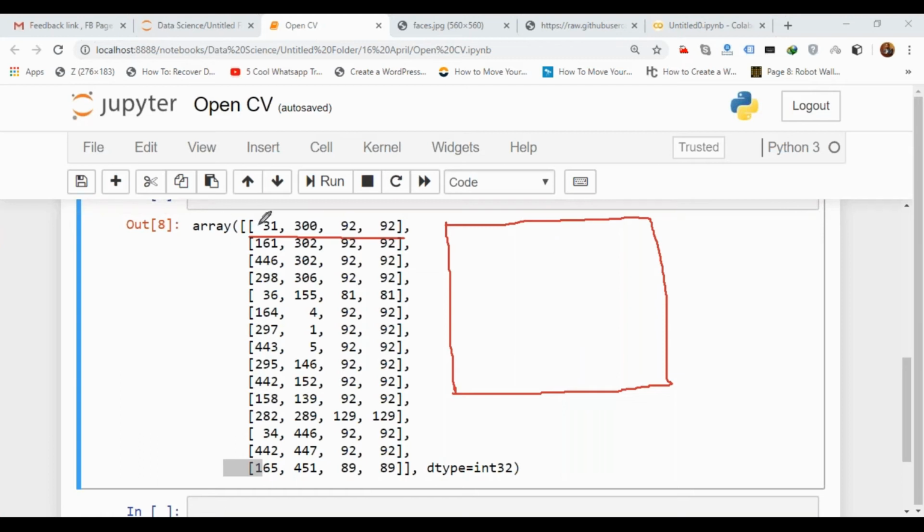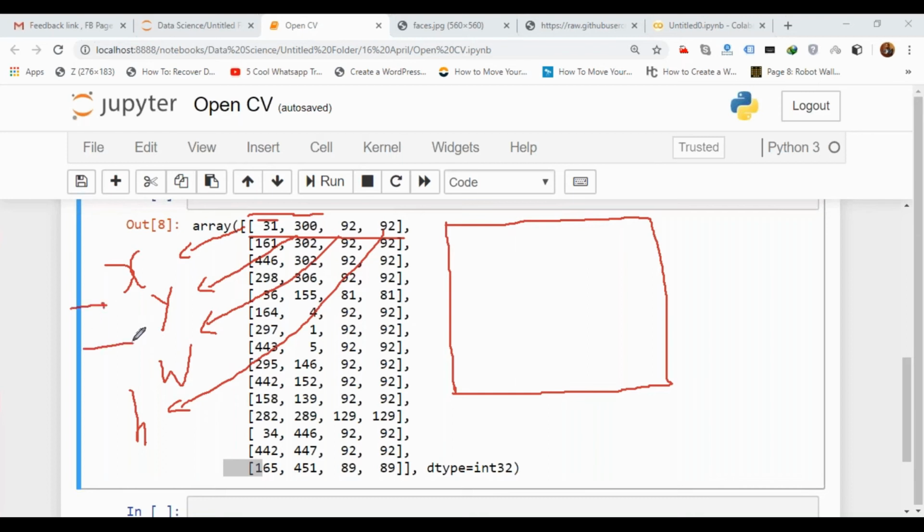This 31 is the x coordinate, the value of x. This 300 is the value of y. So the first column is x, the second column is y, the third column is w, which means width, and the fourth column is h, which means height. This function returns x, y, width, height.